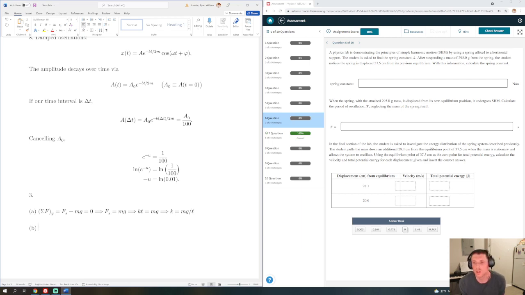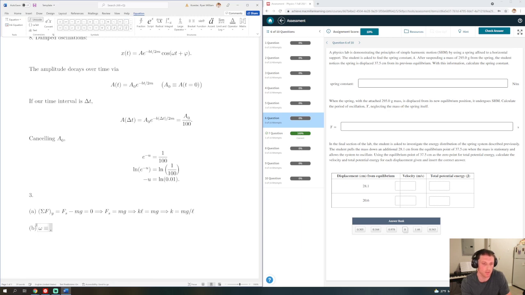Okay, cool. So for the next part, this isn't that bad either, right? Don't let the fact that it's vertical mess you up, because the frequency of the oscillation is still going to be the same as the horizontal case. We just recall that this omega is defined to be the square root of k over m. And this should work because